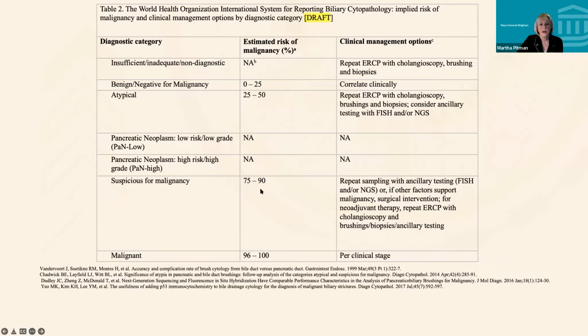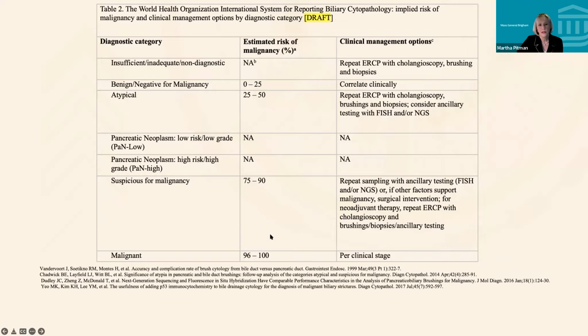So we have 75 to 90% risk of malignancy in the suspicious category and up to 50% in atypical. Now, this is a draft table. There's one other new study that just came out in early 2022 that we're trying to incorporate into this table. So the numbers may change a little bit in the final version in the book, but I think this is